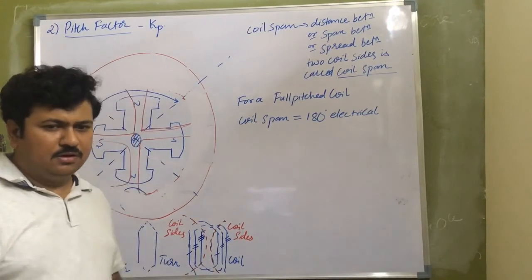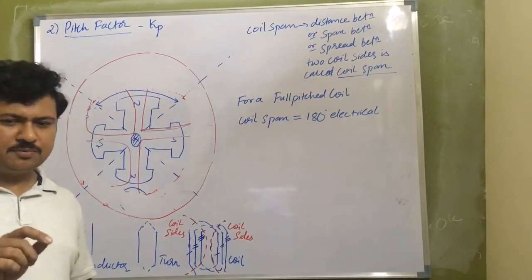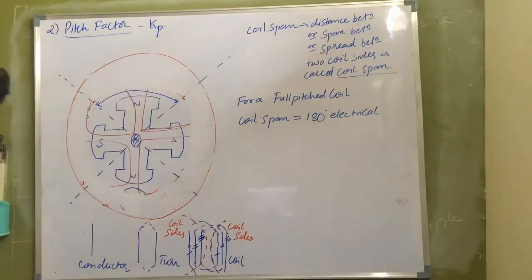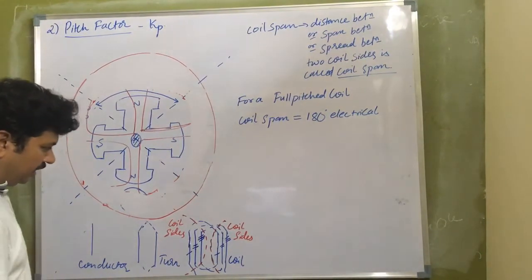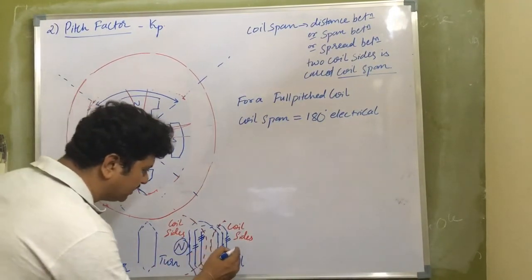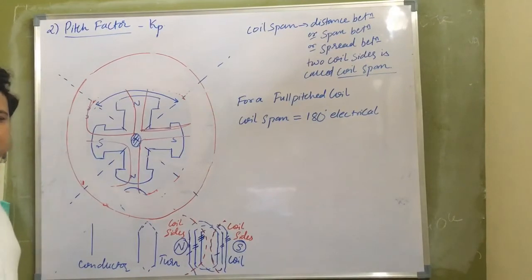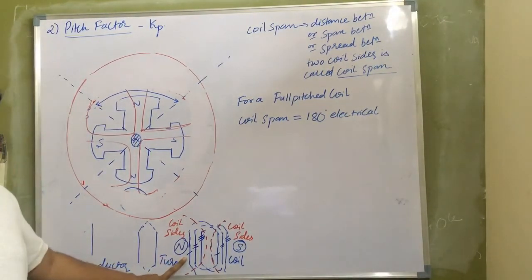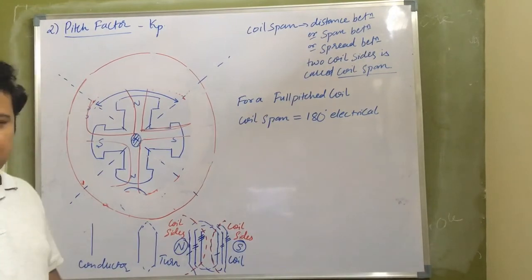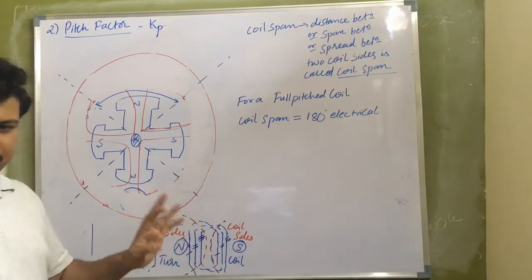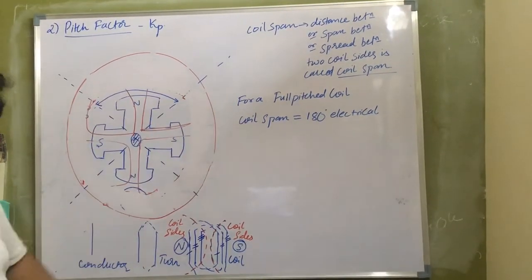But generally there is not only one conductor present in the entire armature. There is a winding, there is a coil. So generally I wind the coil in such a way that if these coil sides are under north pole, I make sure that these coil sides will come under south pole. The winding will be placed in such a way that if these coil sides are coming under north pole, then these coil sides will be under the south pole. Though the poles are rotating, I will make sure of this while placing the coils itself.